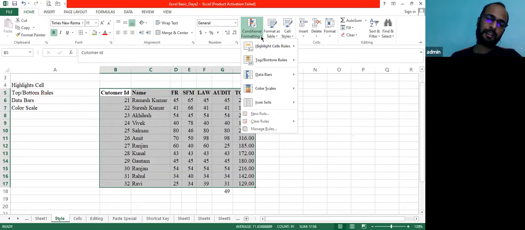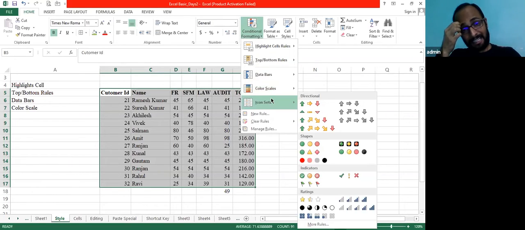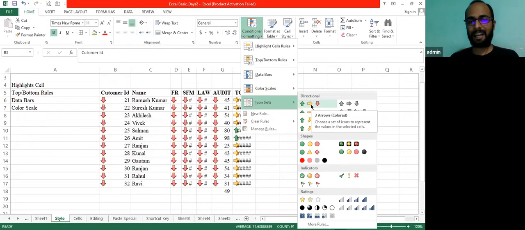Icon set. This is also basically similar to data bars and color scale. I think all of you were using the Arogya Setu app. In that app, you might have seen that every day the increase or decrease in patients, infected patients, recoveries, and state-wise data is given. You can see arrows, upward and downward. So I think we can use this command there. If we have to prepare data like that, then we should use this kind of icon sets. Let me show you how it works.